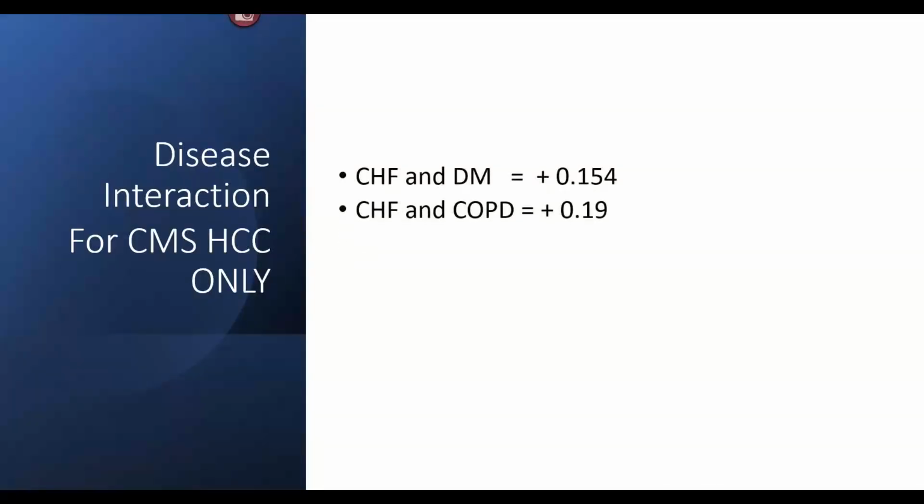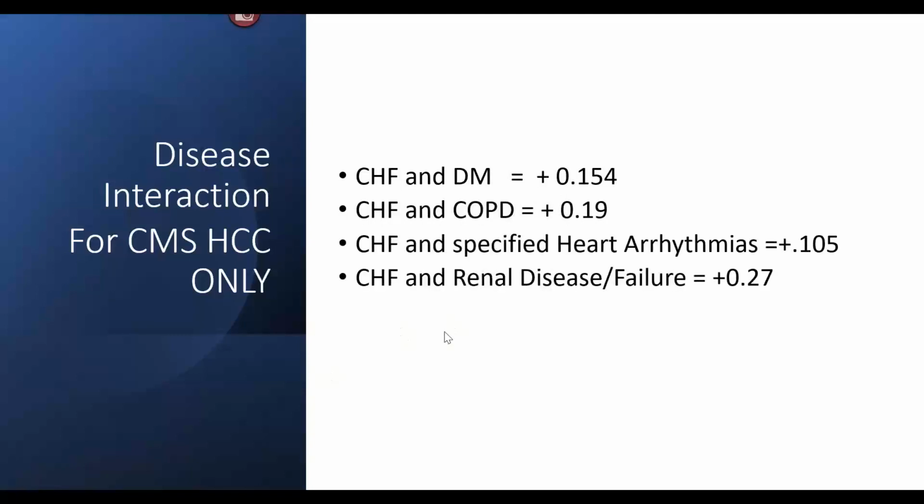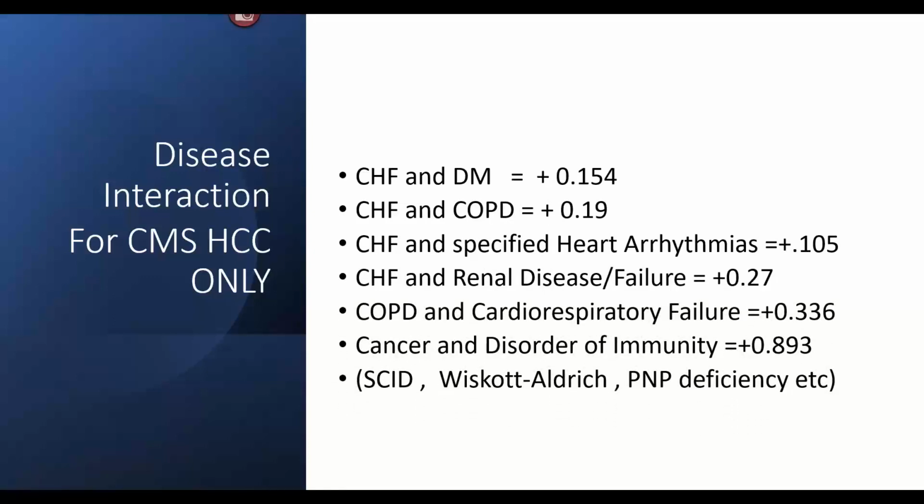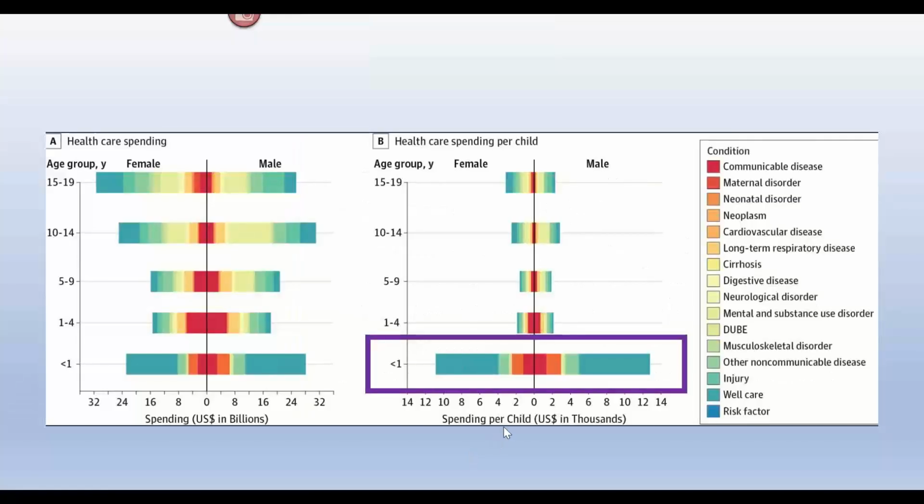In CMS, they only really do things for the CMS model. They only do CHF and mainly diabetes, COPD, heart arrhythmias, renal disease. They do COPD and respiratory failure and cancer and disordered immunity. But again, very limited disease interactions. So back to showing this, of course, the biggest spending per child is in the